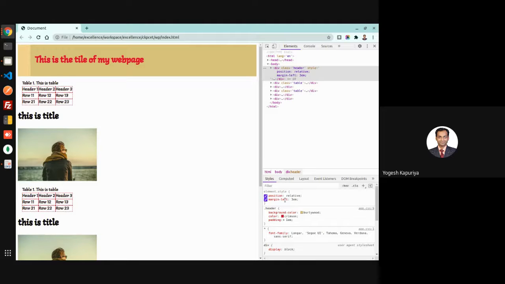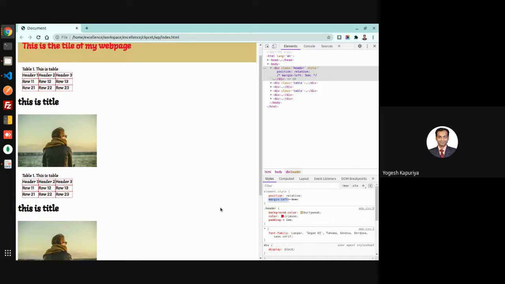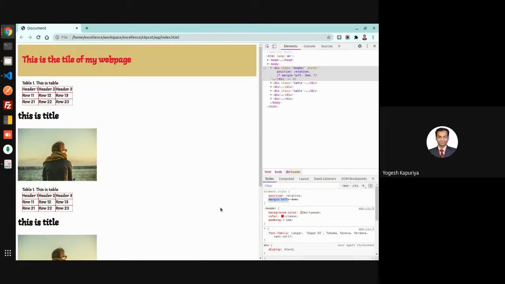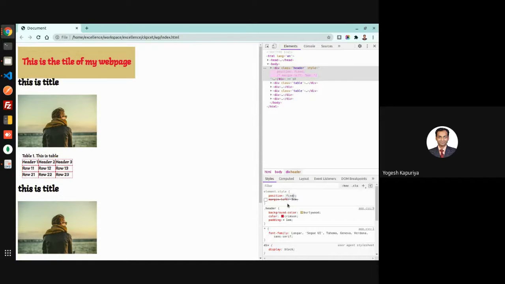So, but normally you will not feel any difference between static and relative. However, technically there is a difference. So this is position as relative. Sometimes you require some element fixed.